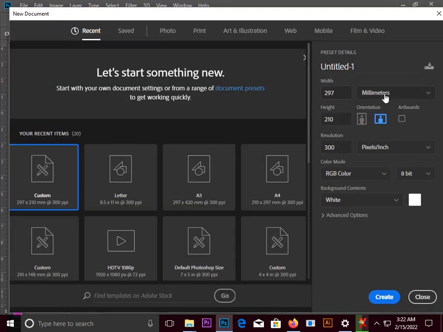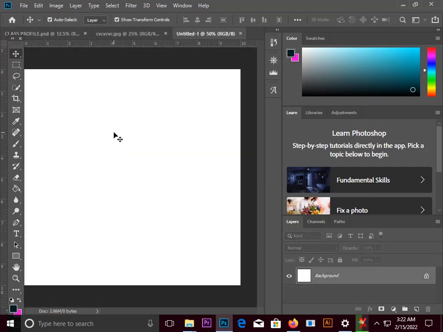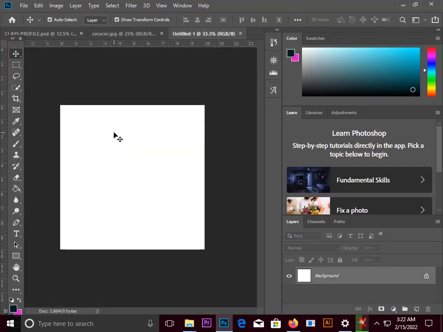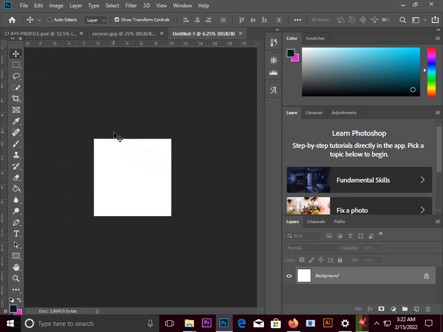I will use pixels, so I'll put 1000 times 1000 pixels. Remember, I want something which you can upload to Twitter and Instagram, so I'll do it for that. So this is what you should expect. I press Control minus to zoom out, Control plus to zoom